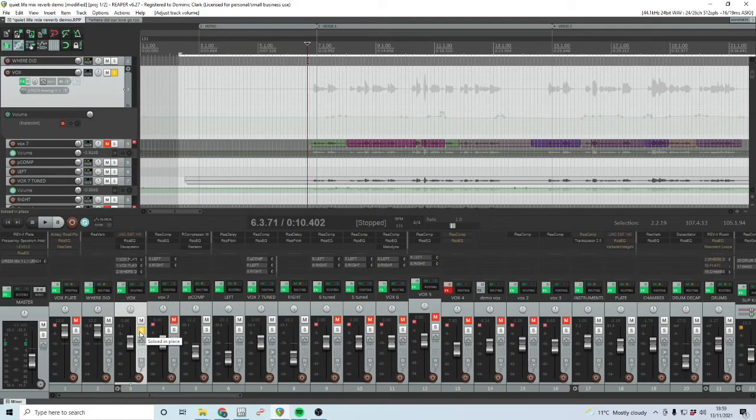I'll compare it to the other reverb that's used in the track, which is Sound Toys. Sound Toys are really good, and that's their plate reverb, which is probably used more in the track than mine, but